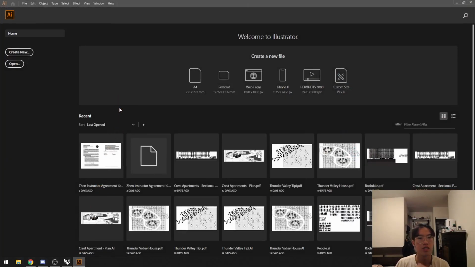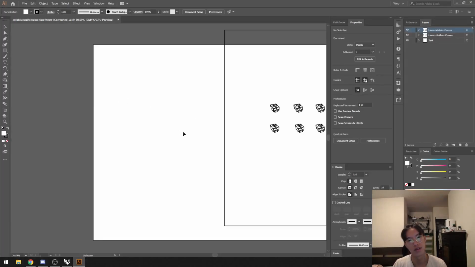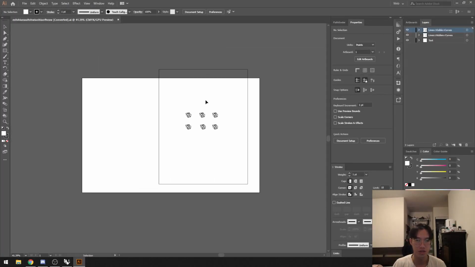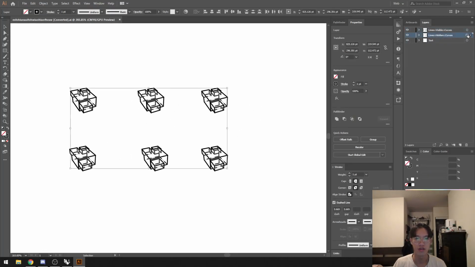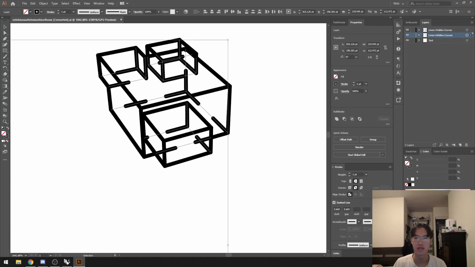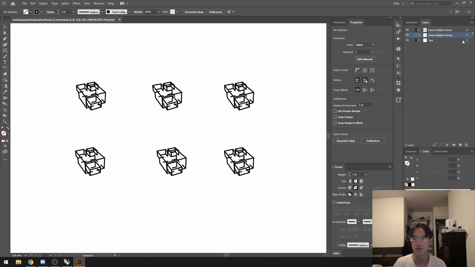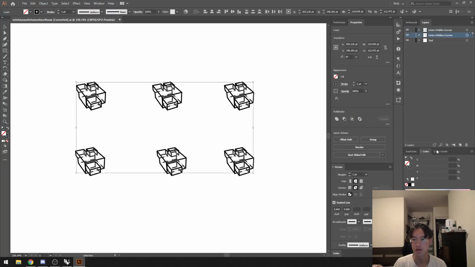I'm gonna open it in Illustrator, right? And you can see your drawing over there, and it maintains the layers, right? So you still have your layers that from before were hidden, your hidden lines, and you also have your visible lines, right? And so maybe I'll try to make this a little clearer by changing